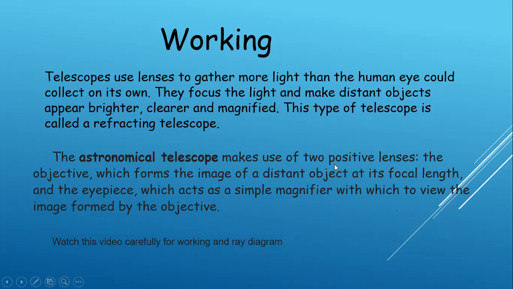Astronomical telescopes make use of two positive lenses. Positive lenses means two converging lenses, and converging lenses means two convex lenses. The objective forms the image of a distant object at its focal length, and the eyepiece acts as a simple magnifier with which to view the image formed by the objective. Now we are going to watch the video carefully just to see how the working and